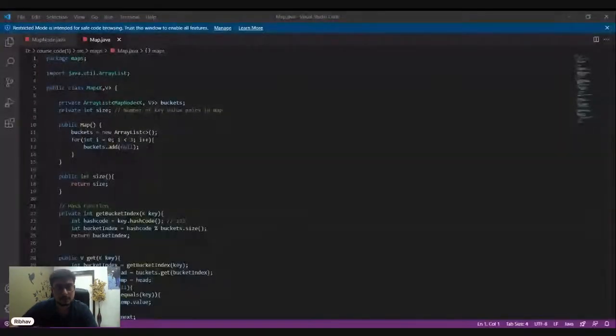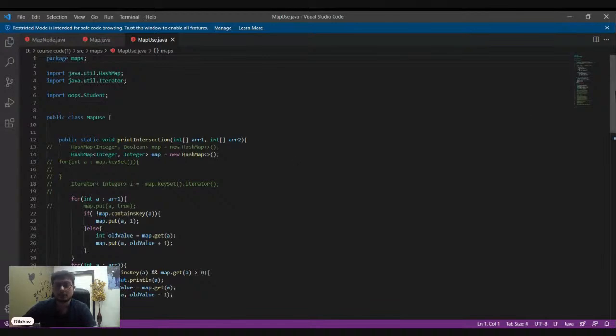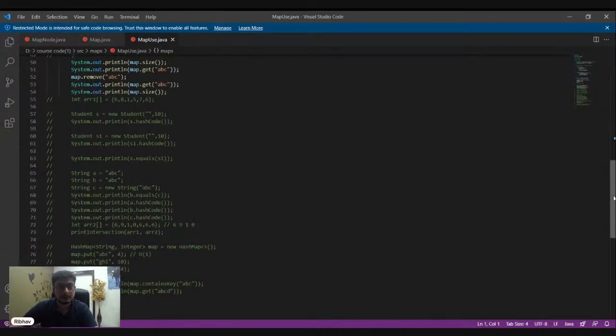I hope my screen is visible, right? Just give me a second. Yeah, so this is basically the implementation of a hash map, right?